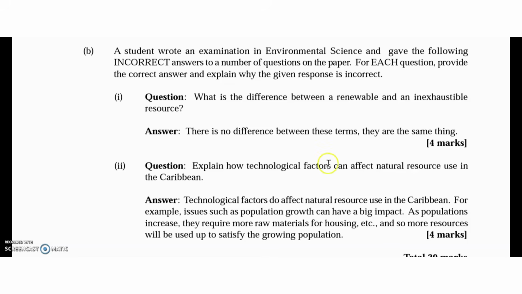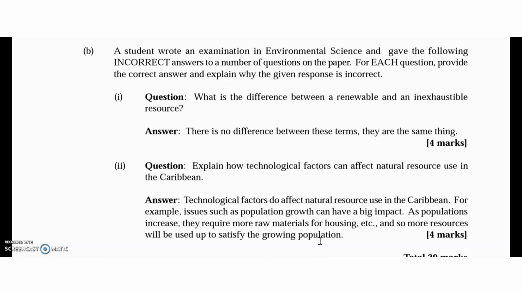Now, part 2. The question is: explain how technological factors can affect natural resource use in the Caribbean. The answer is that technological factors do affect natural resource use in the Caribbean. For example, issues such as population growth can have a big impact. As the populations increase, they require more raw materials for housing, etc., and so more resources will be used up to satisfy the growing population. Students,